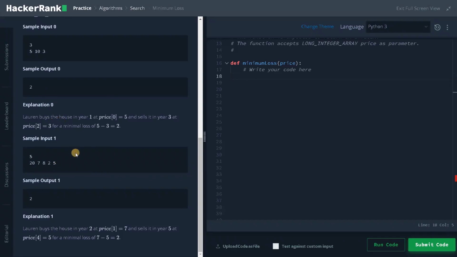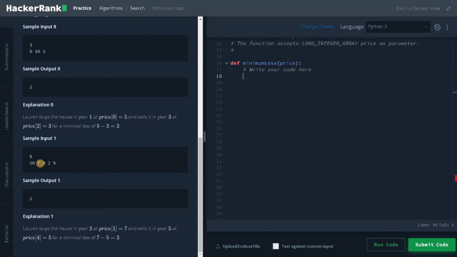Okay, I think that is our sample inputs. Let's dive into the solution and go step by step. First, for the optimal approach, I am going to use a dictionary to store the indexes of the elements. Currently the elements are not in sorted order. If they were sorted, we could compare the adjacent elements and compute the minimized loss.